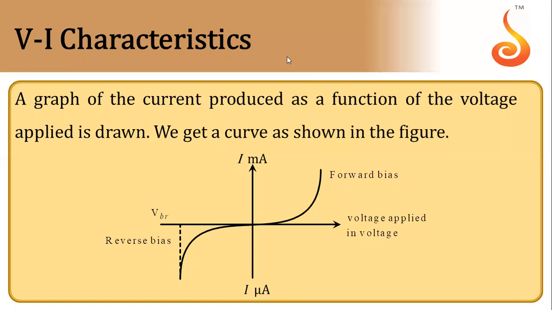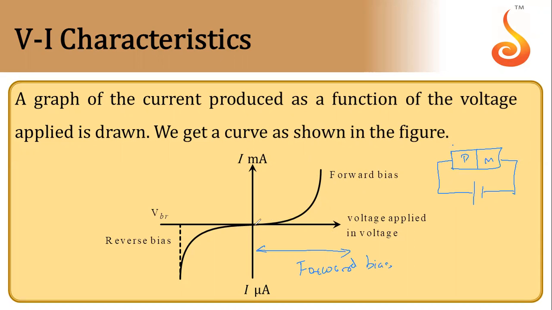Now this is the curve of forward bias and reverse bias also. This region is for forward bias. As we have connected the battery to the PN diode, this is your forward bias, positive terminal of battery to positive terminal. When this happens, the depletion region starts decreasing. When the depletion region starts decreasing, more current will start flowing. At a certain point, once you keep on increasing the potential difference of the battery, this depletion region will vanish. Then a large amount of current will start flowing through the diode. That is the curve of this one.